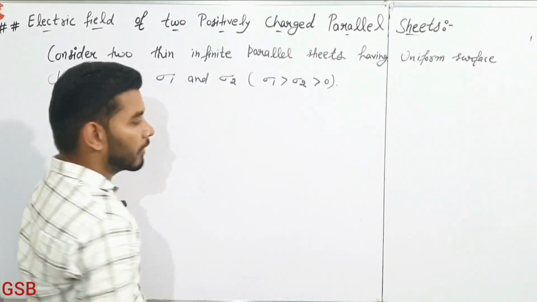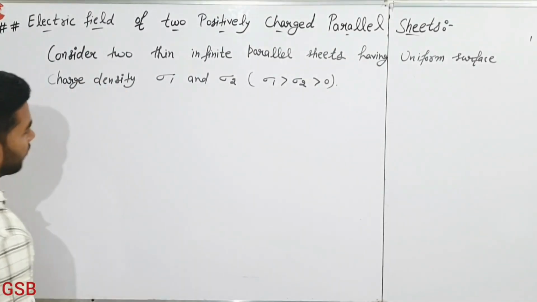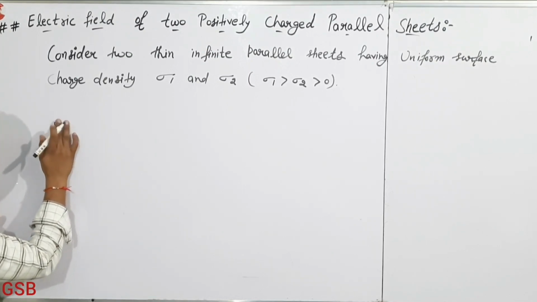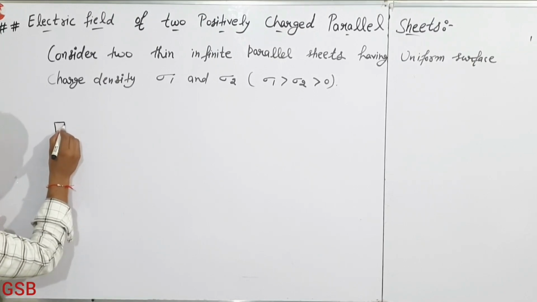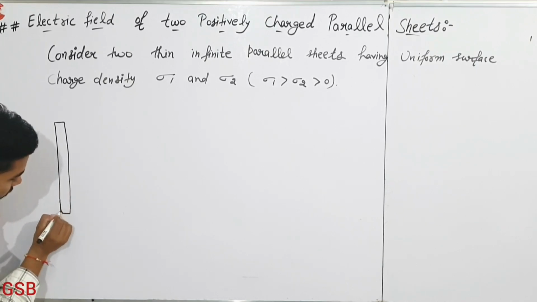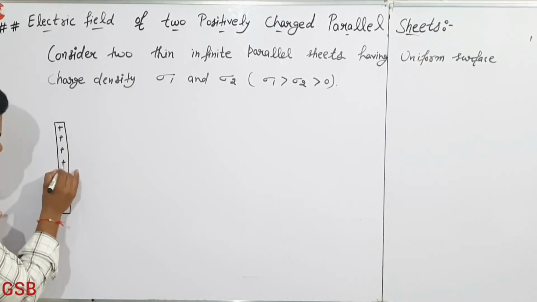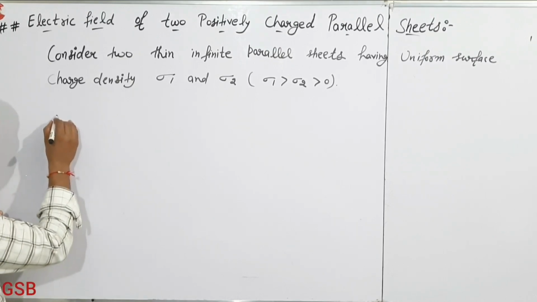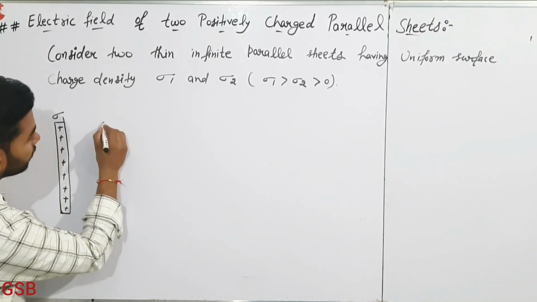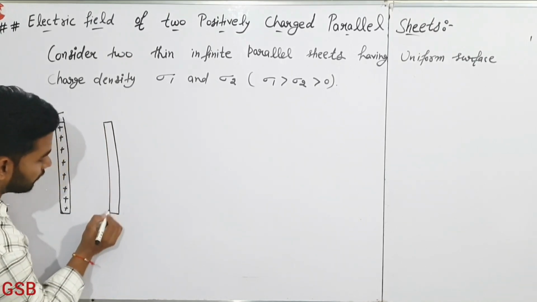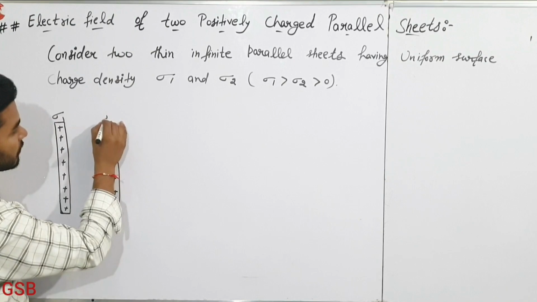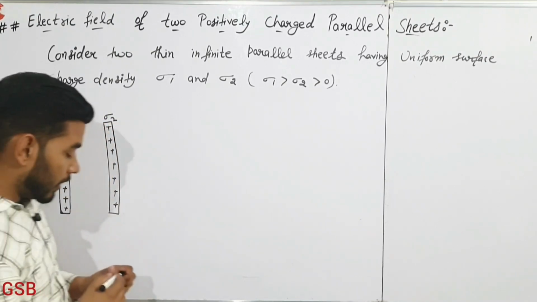ओके, तो ड्रॉ करते हैं इसका पर्टिकुलर डायग्राम. क्या बनेगा? फर्स्ट ऑफ ऑल वी हैविंग ए फर्स्ट शीट. ठीक है. ओके, प्लस प्लस प्लस प्लस प्लस प्लस प्लस, sigma 1 is the surface charge density of sheet 1 and the second is sigma 2. Okay, now suppose